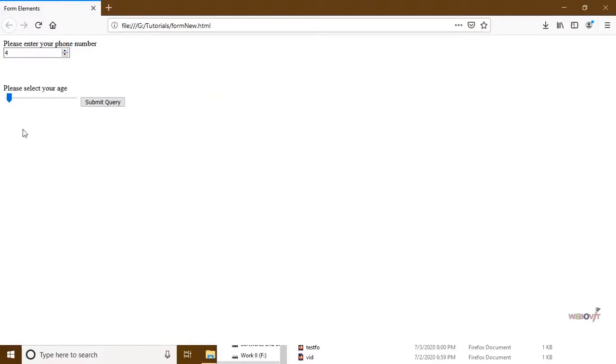Now coming down, this range selector initially was at 20 by default. Now I can go to a minimum of 18 and a maximum of 100. So it's kind of an interactive thing. If you want your user to select their age, you could let them select in an interactive way.